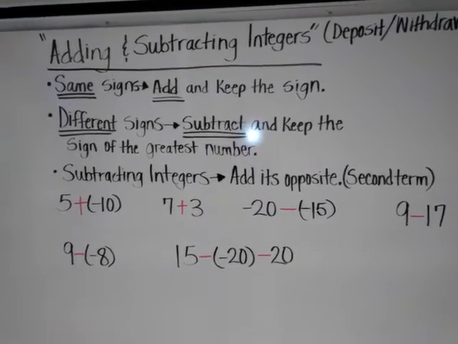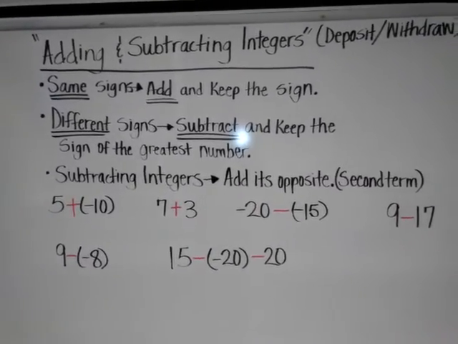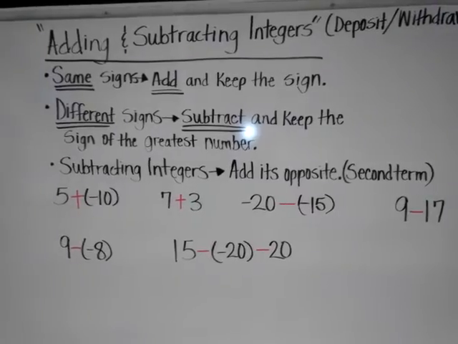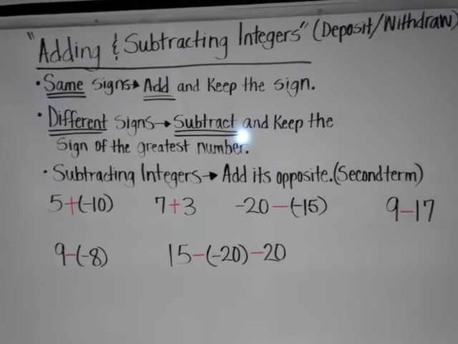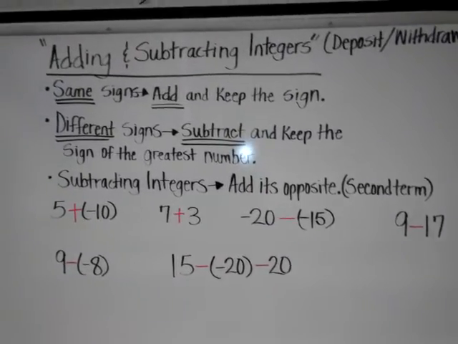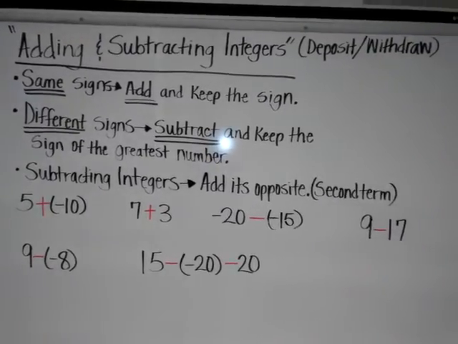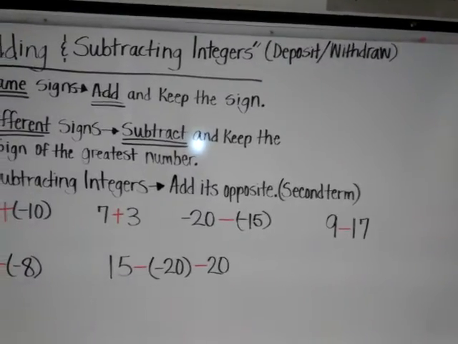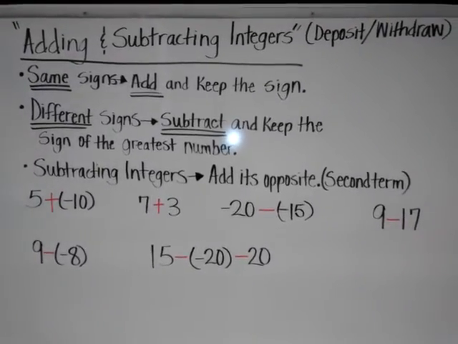And when you're subtracting integers, you're necessarily not going to use subtraction as a symbol. You're going to use it as a negative sign. You're going to add its opposite, and we're going to refer to that as the second term. Okay, we have a couple of problems here. Let's go ahead and just apply those written rules there. And again, think of this as a deposit versus withdrawing from an account, or owing someone money versus paying them